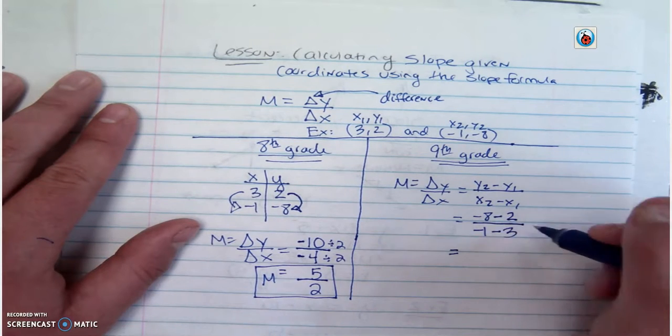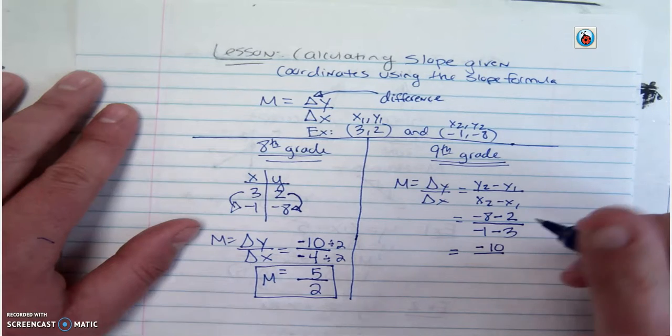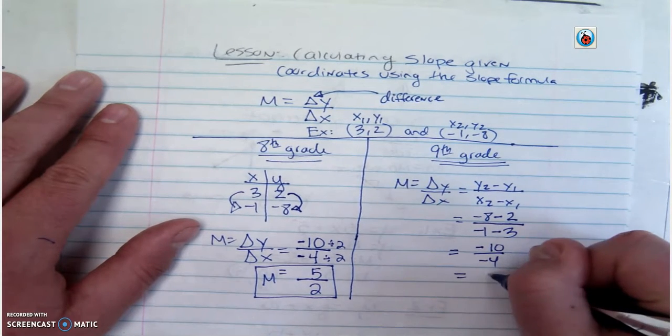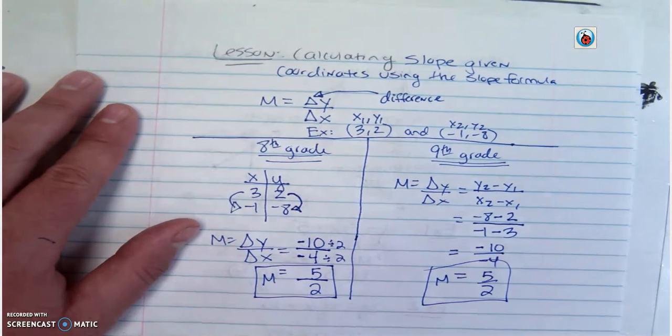Now we're going to put this together. We have -8 minus 2. On top is a -10. And on the bottom, it's a -4. Then when I simplify that, it becomes +5 over 2, which is the same slope. So again, just to recap this, you can use either strategy to find the slope. But just remember, it's always change in y over change